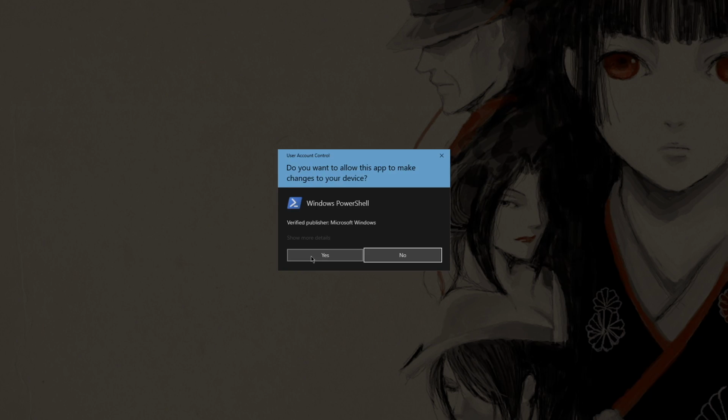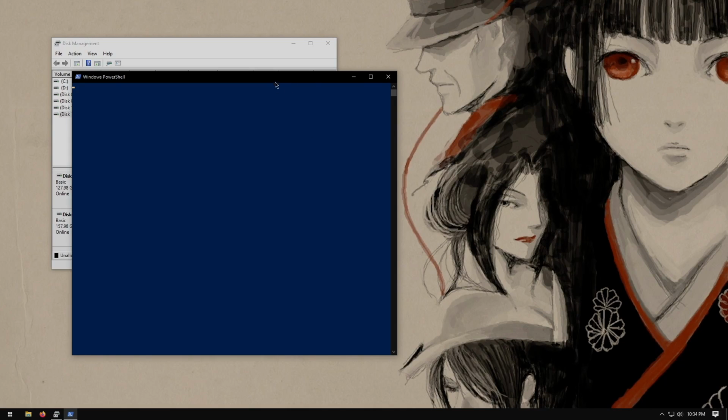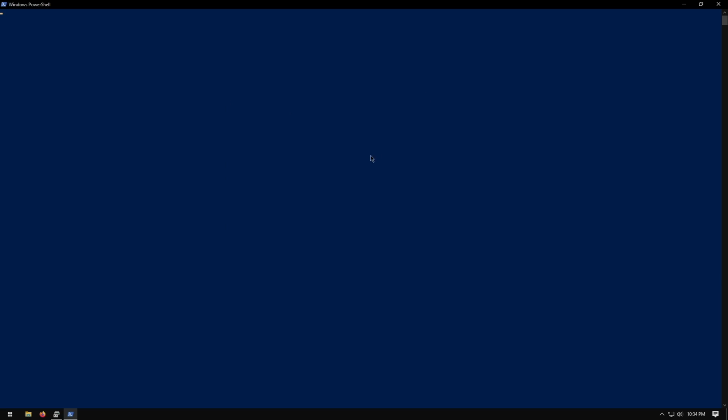You can't easily get rid of it with the GUI, and I hardly ever use the GUI. So what I do is I use PowerShell. I know PowerShell probably more than any other language, unfortunately, because I work with Windows more than anything else, even though I am enthusiastically Linux. So we're gonna use the utility diskpart, and we're gonna list